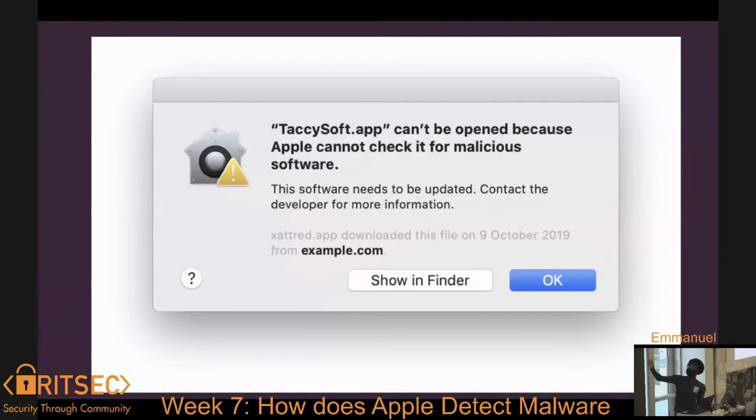Yeah, this is what you get. It tells you, hey, this is malicious software. You don't want to run this. Pretty much, this is the wrong image, actually, because if it is a malware, it's going to say move to trash. It does not even give you the option to run it. It just tells you, we're going to move this to the trash because we don't trust it. But again, there's a way to bypass it. I'm not sure I can say that.